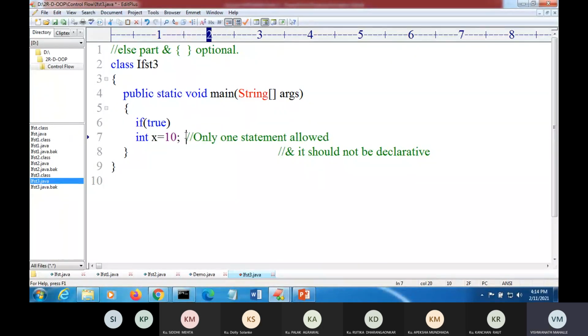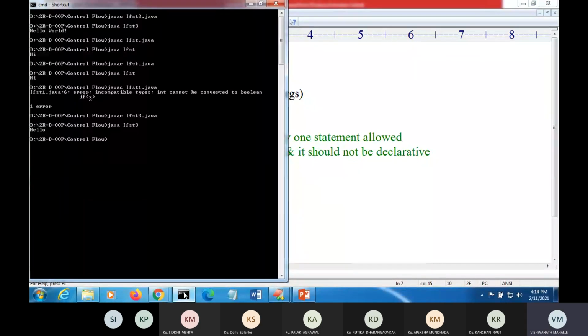Now this is valid or invalid? Invalid, because it should not be a declarative statement. So we will verify this. We will write javac if t3.java. So only one statement allowed.